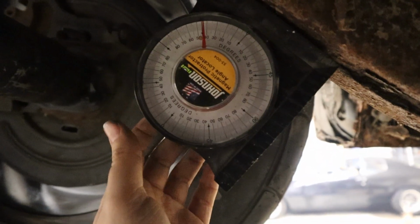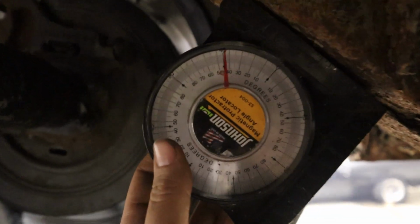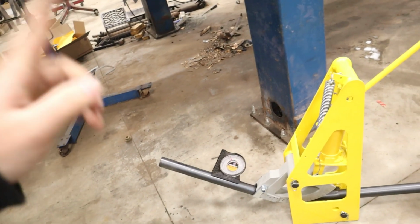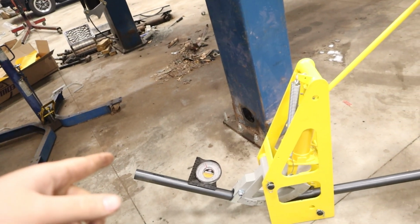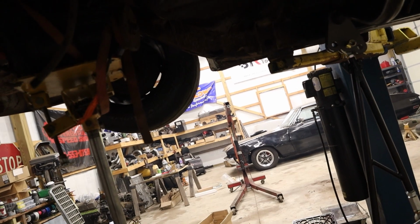This is, yeah, about 45. A little under 45, like 43, 44. So I'm probably going to take that to 40 degrees. I might take it to 45. Yeah, I think I'm going to take it to 45. And then